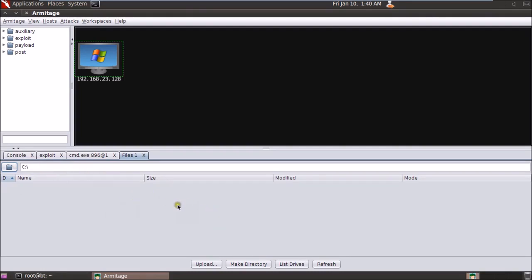Other than that, we have this option of upload. Like I've told you already, you can make a hidden directory in your target's computer. You can upload your shell in it, and not just that. We have explained to you in one of the previous sessions about a Trojan virus maker called Beast.